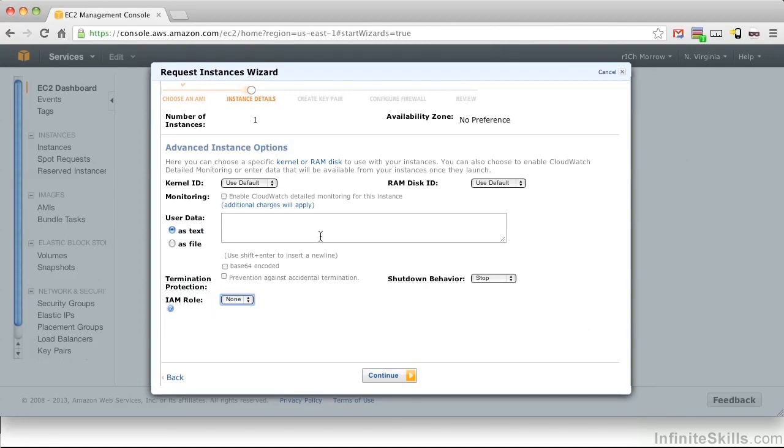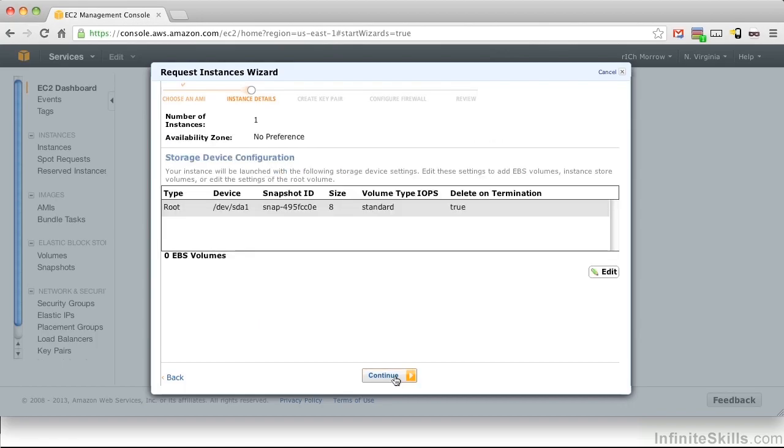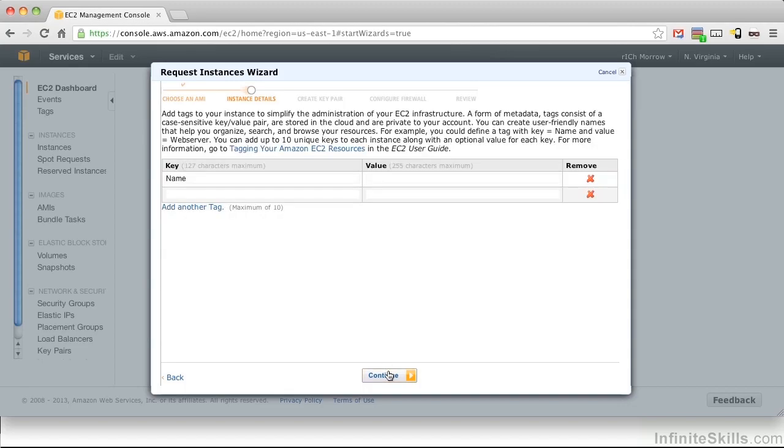This being the first time we're getting in here, let's just go ahead and leave everything as default and push continue. The T1 micro comes with no ephemeral disk, so this root volume that we're actually provisioning is an EBS disk. Let's go ahead and push continue here. Tags allow you to simplify the administration of your EC2 servers. Let's go ahead and push the value parameter and let's type in a name of